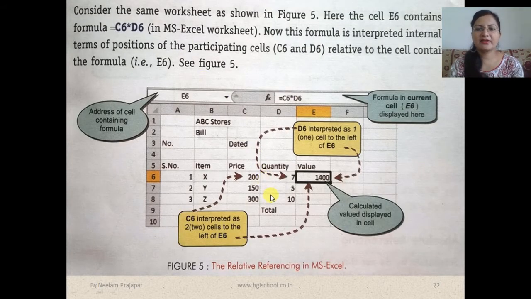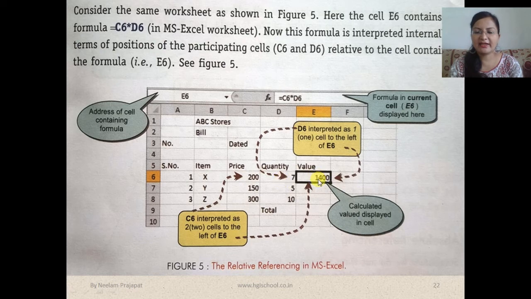This is the worksheet. We will consider the same worksheet, and here the cell E6 contains a value, and this value comes from multiplying the price and the quantity: multiplication of C6 and D6.